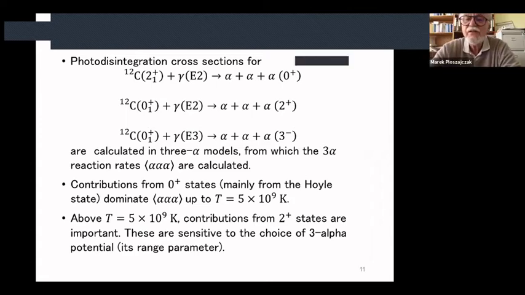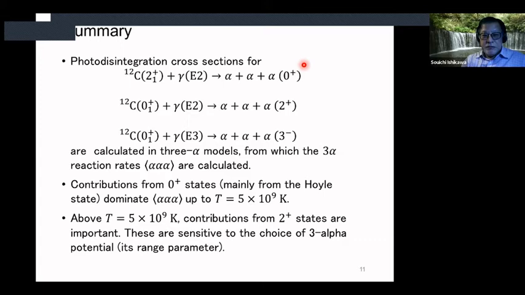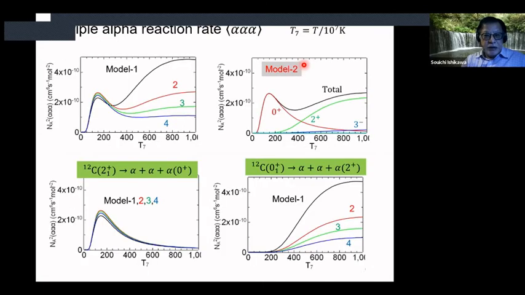So I just wanted to hear whether you had tried to compare your reaction rate to other reaction rates on the market. Yes, that is rather small, I would say, because